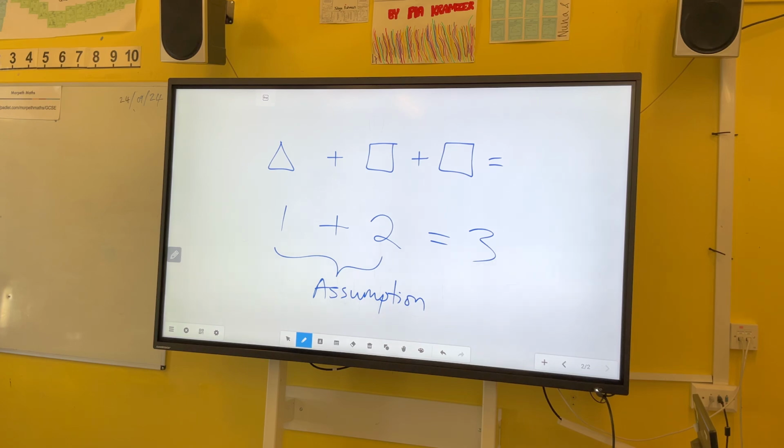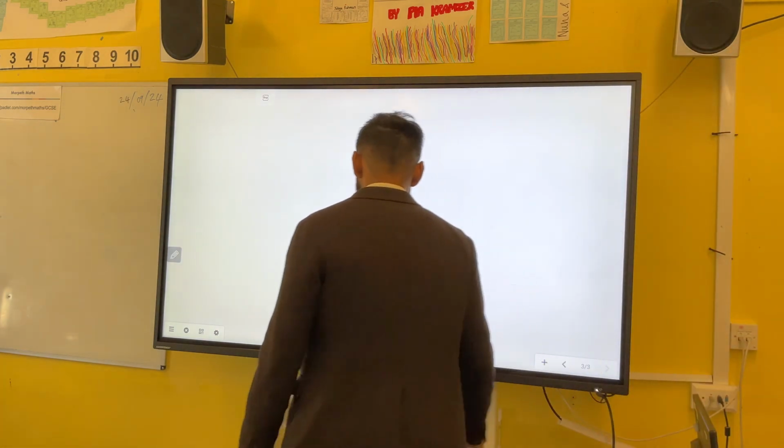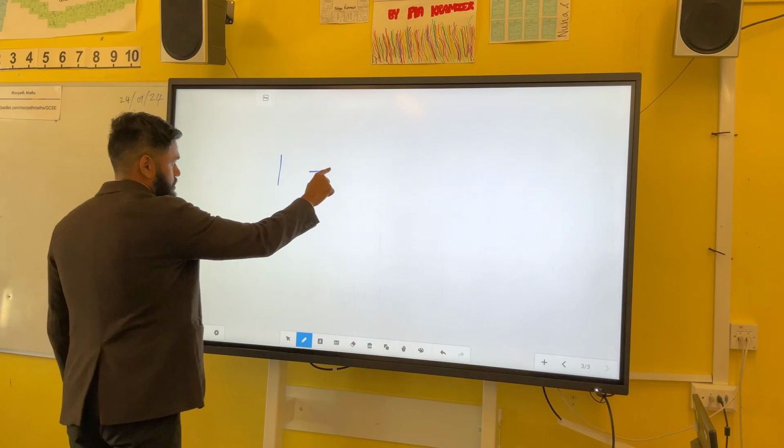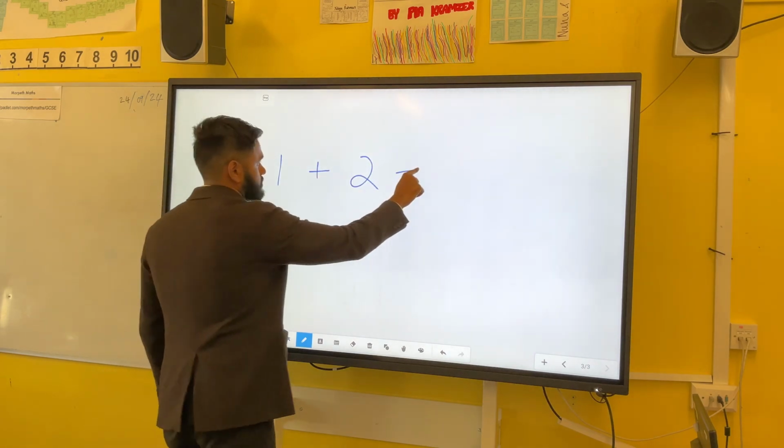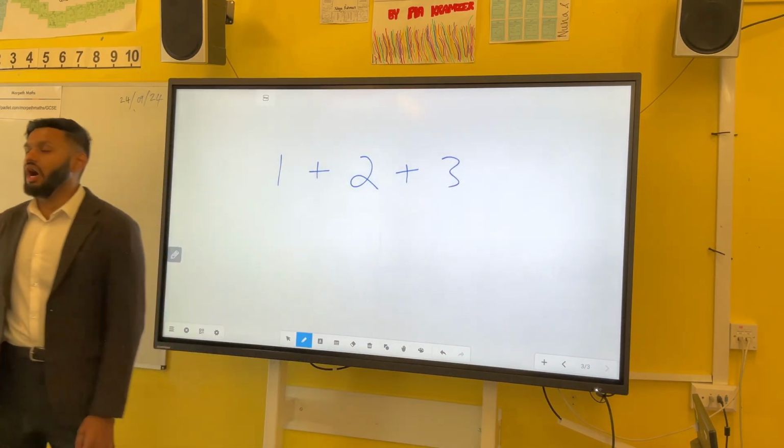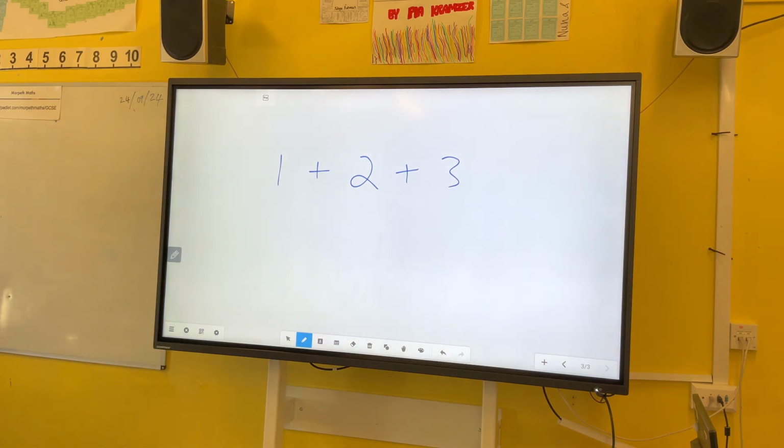So now do you believe me that you have actually been using algebra since reception? Because the numbers that you use, Alice, this is an abstraction. All the numbers you use are an abstraction. Because does the number represent 2 Cokes, or 2 apples, or 2 bananas? Exactly. But do we care? No. That's the abstraction. So what is the number then?